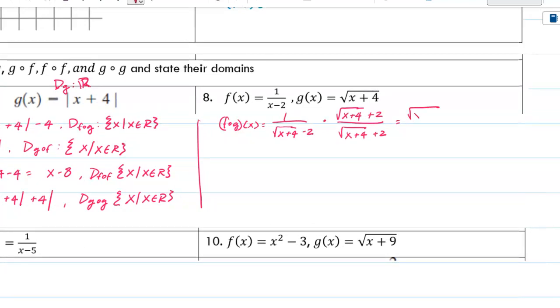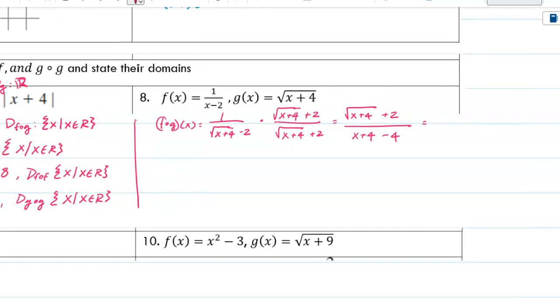So I get the square root of x plus 4 plus 2 over x plus 4. When you multiply square root of x plus 4 by itself, it's going to be x plus 4. And then the middle term cancels out, so you get a minus 4, which is x plus 4